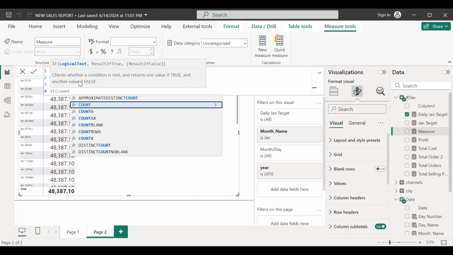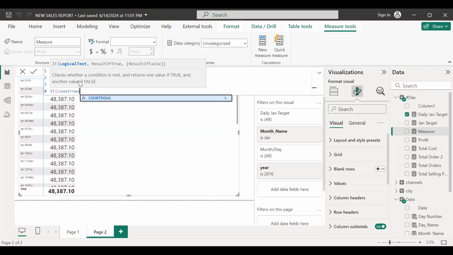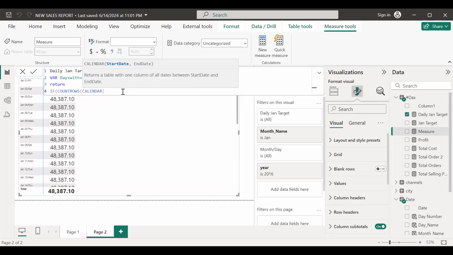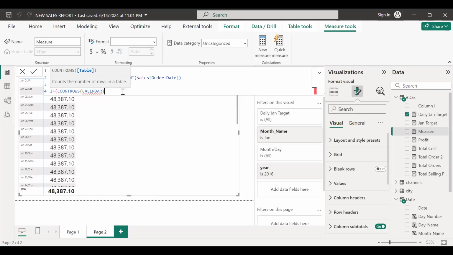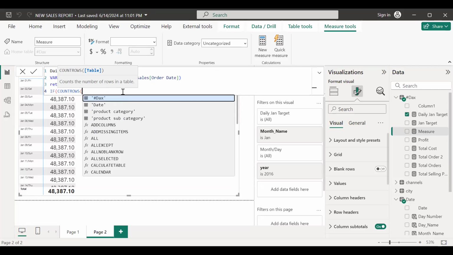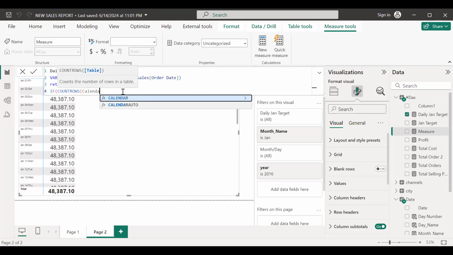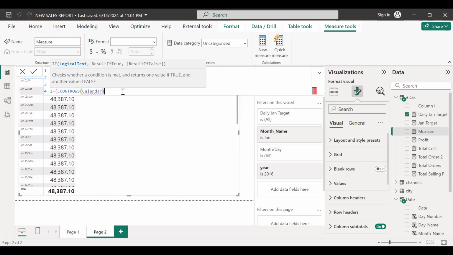I will say if Countrows of my calendar equals to 1,